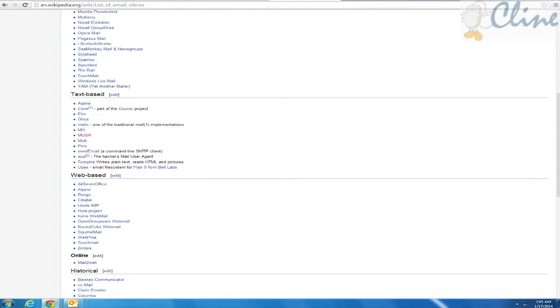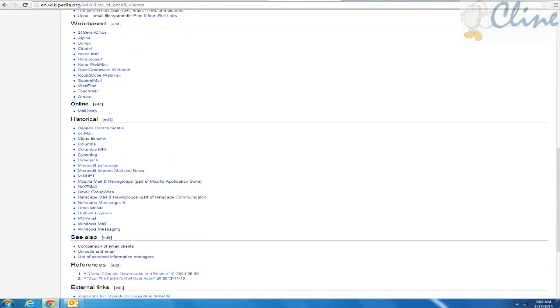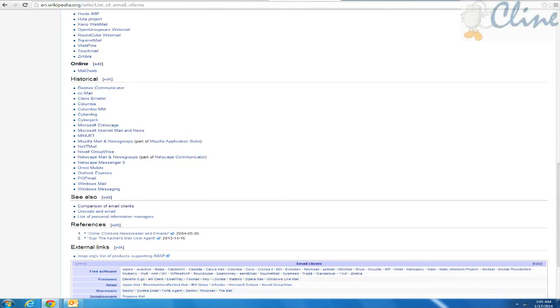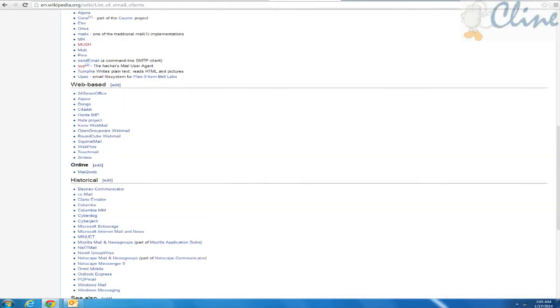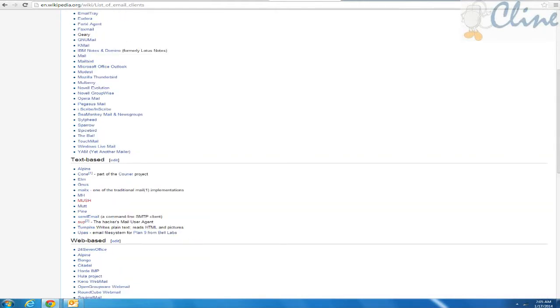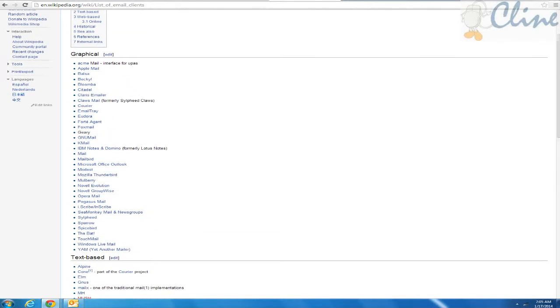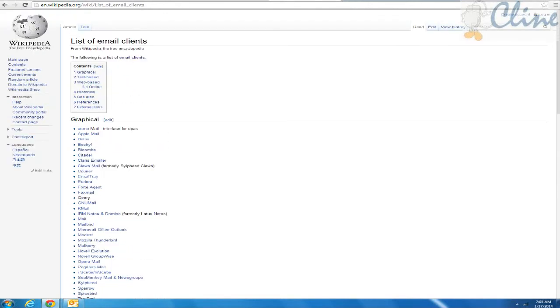web-based email clients. Let's talk a little bit more about those protocols now that we've looked at this list, and this is just on Wikipedia, a list of email clients available. Just go to a search engine like Google and search email clients and space wiki, W-I-K-I, and this same page will come up. Let's close out of this Wikipedia article though, and we'll go into some of those protocols that